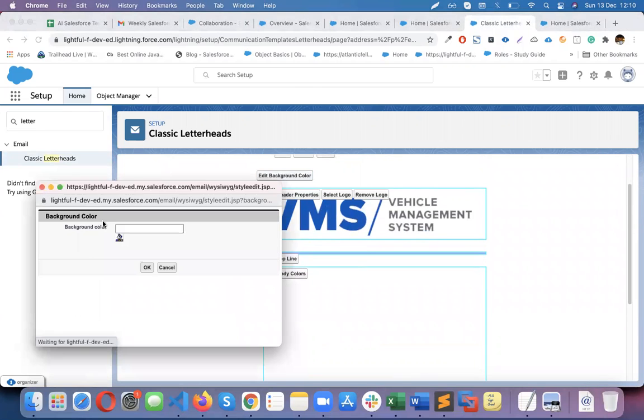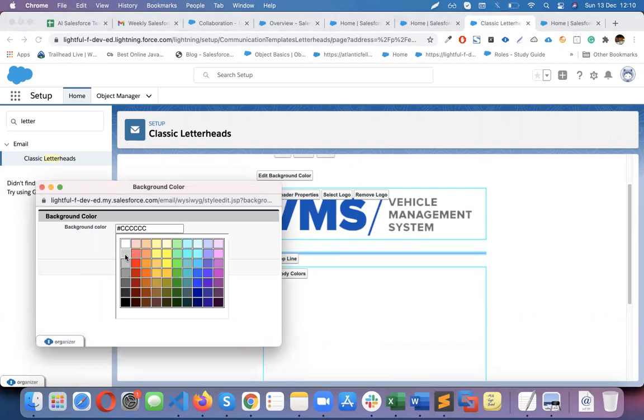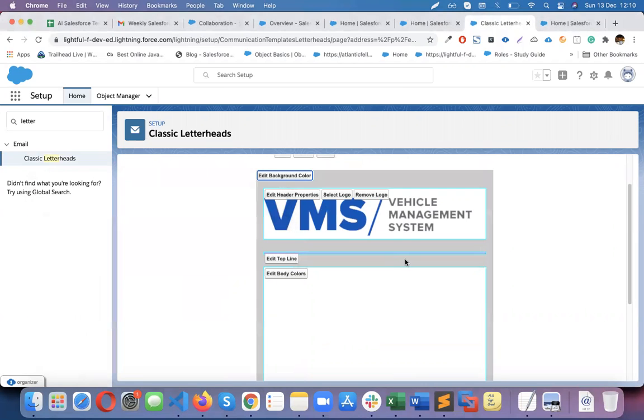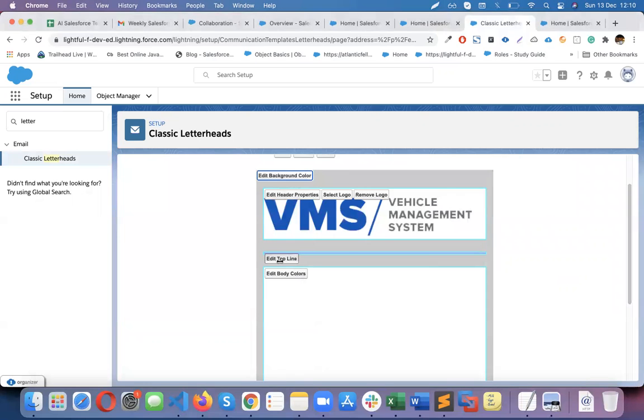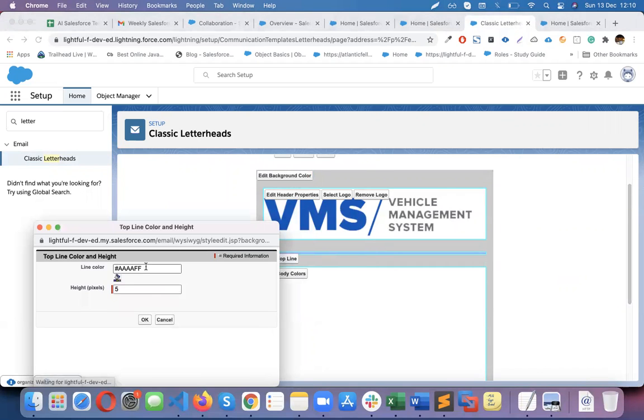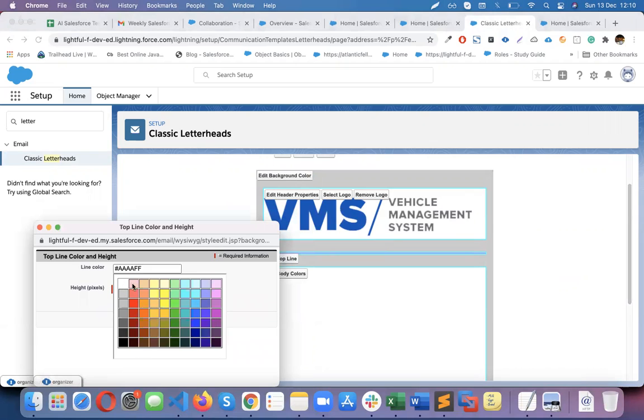And the properties. So horizontal, where you need to align the logo, and what is the color, the height and width, and the background color, if you want to put a background color, you can do it. And the top line, what kind of line you want, maybe white color or maybe, I would say, a blue color, this color.